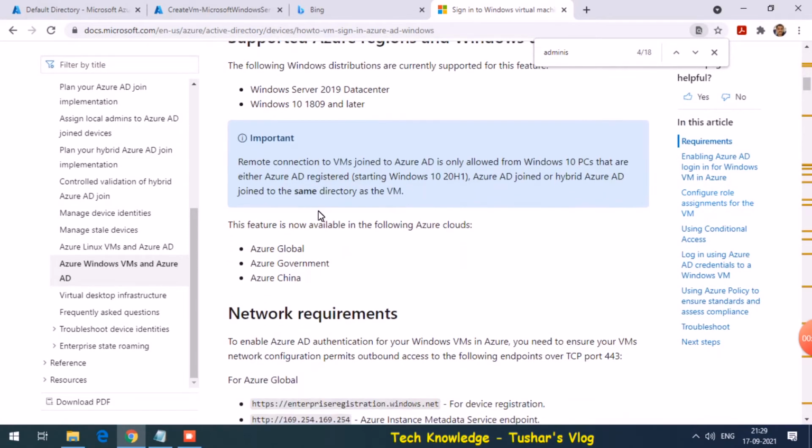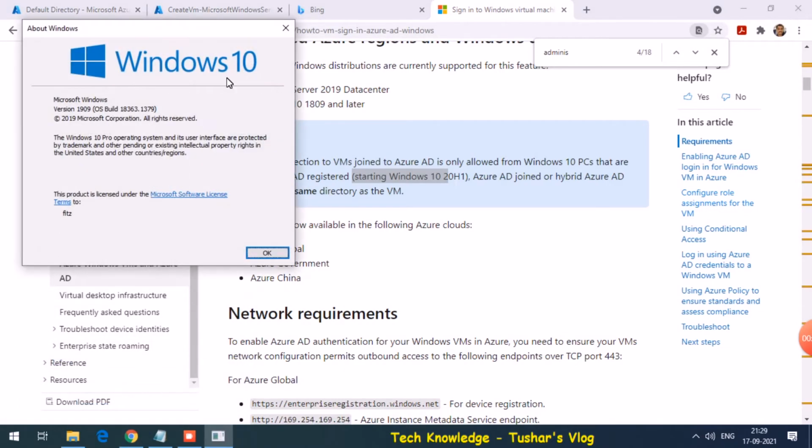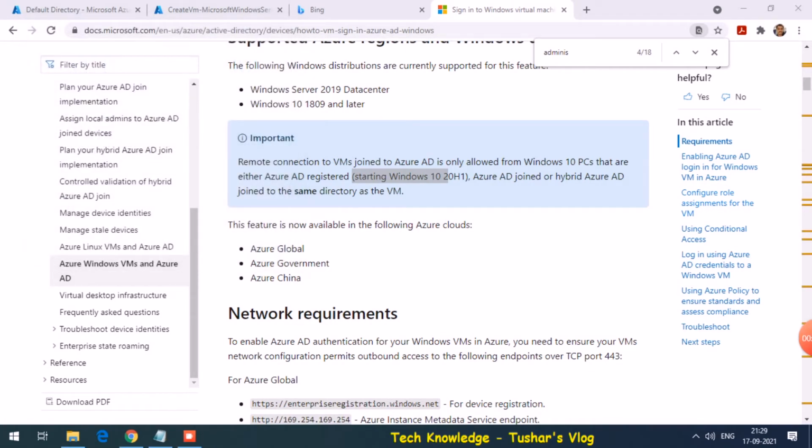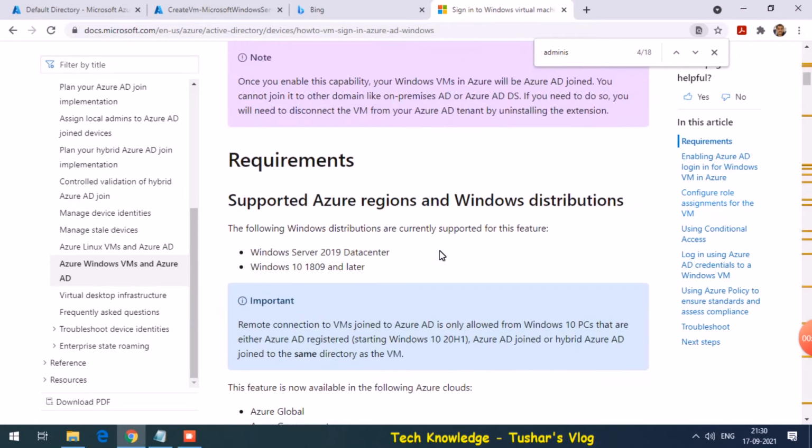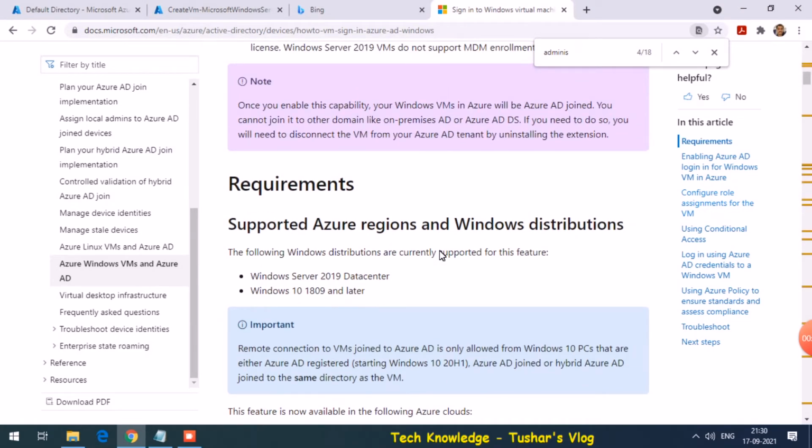If you read through this document, it says remote connection to VM joined to Azure AD is only allowed from Windows 10 PC that are either Azure AD registered starting with Windows 10 2000 H1. My Windows version is 1909, which is less than what is mentioned on the document. So there is a trick on how do we log in. I'll show you in a minute.